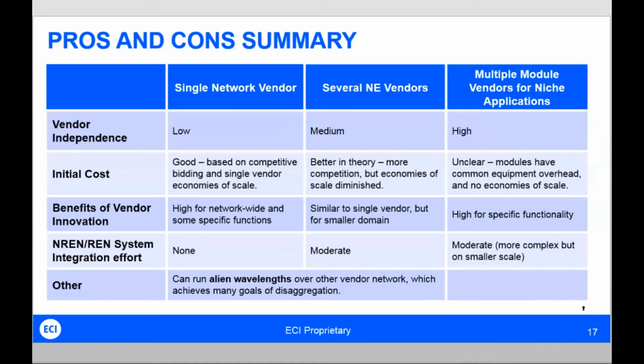The elephant in the room, though, which really didn't get talked about as much as it should have at the TNC workshop, was the amount of system integration effort that needs to take place. And I think that's an area where a lot of people that are looking to go to higher levels of disaggregation really need to step back and take a look at what's involved. When you have a single network vendor, that's all done for you by that particular supplier, and you might not realize all the work that goes into that.